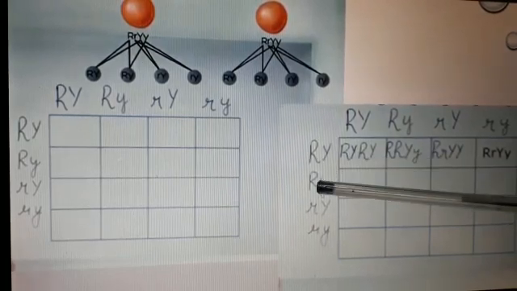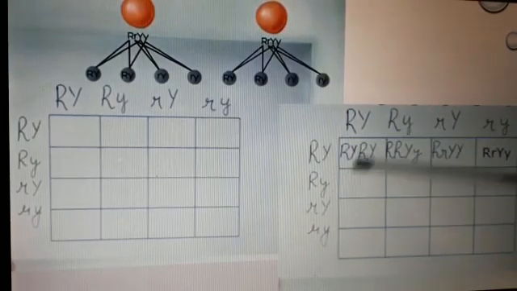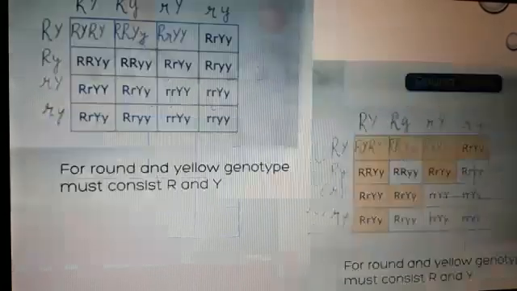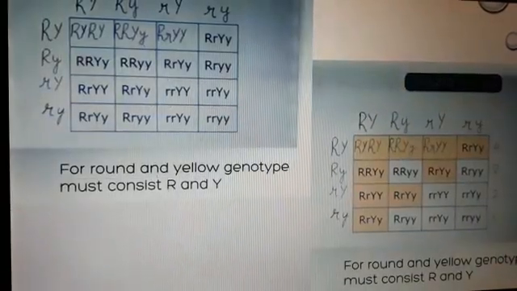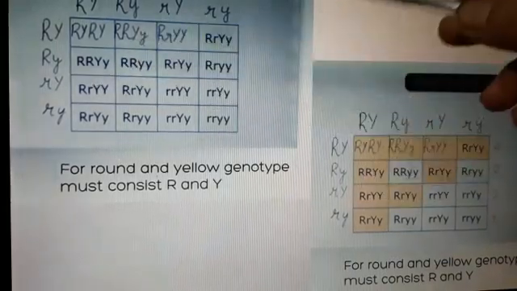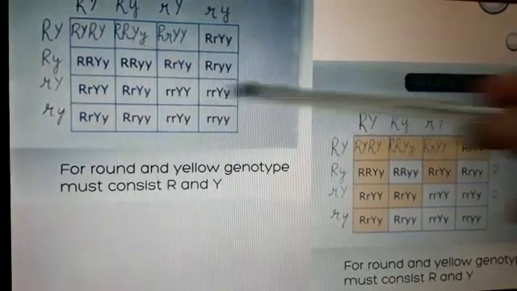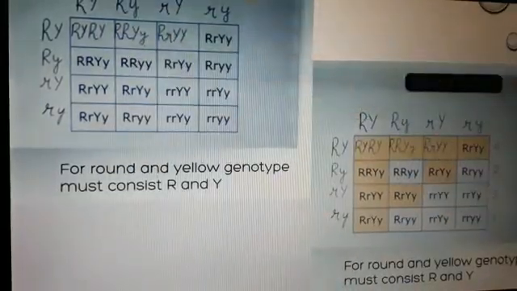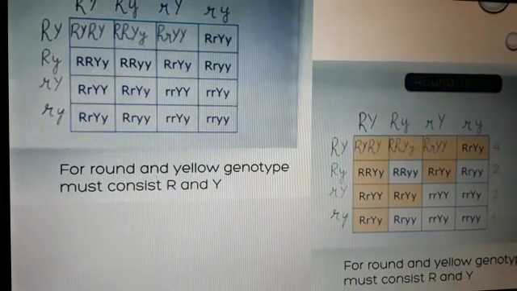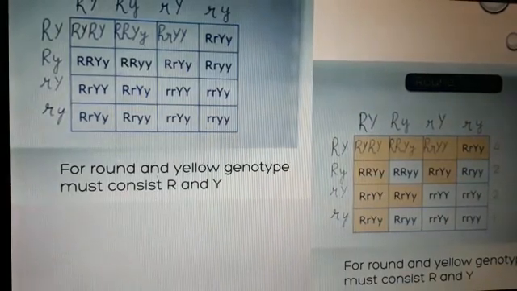In the next one, we will be writing capital R, small y, and in this way, we will be completing the whole of the Punnett square and getting the combinations by fusing the gametes which are being produced. Now, these are showing the genotypes that we will be getting in the F2 generation in the dihybrid cross. Only the combinations which we will be getting, now we will be drawing this Punnett square and getting all the combinations which will be produced.